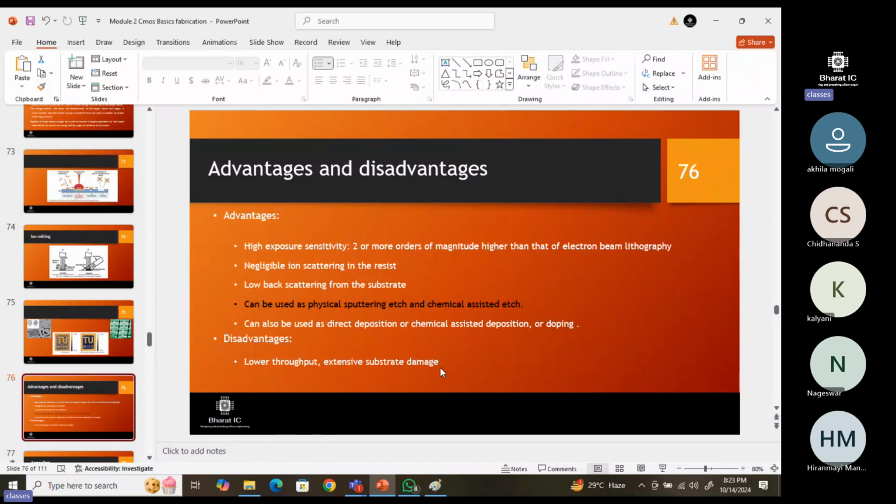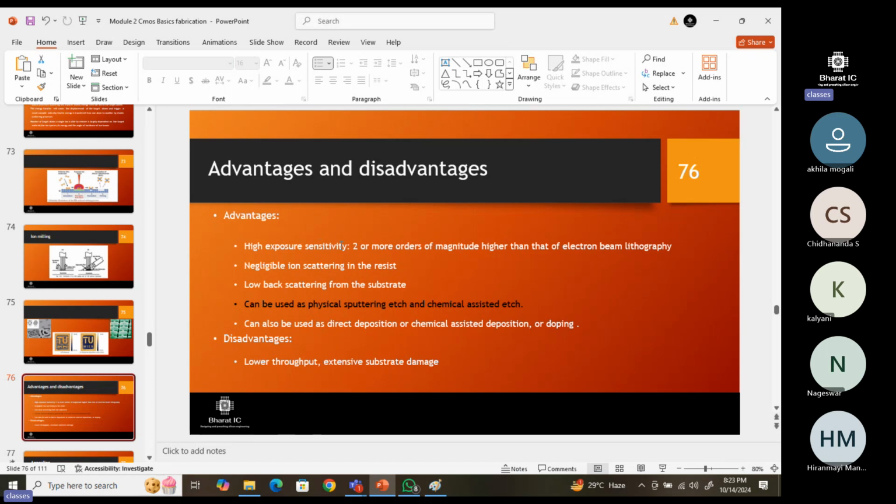Due to its high power, ion beam lithography is so powerful that it damages the substrate many times. That's the reason a polarizer is used to decrease its power. It polarizes the light and softens it so that the fabrication can still happen and it does not damage the wafer. So if anyone asks you what are the advantages, pros and cons of ion beam lithography, you can tell